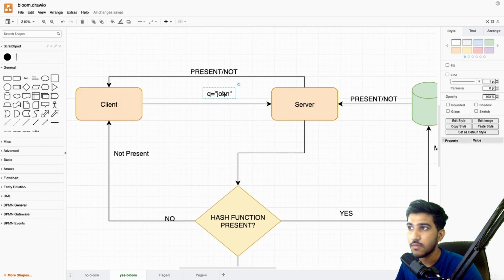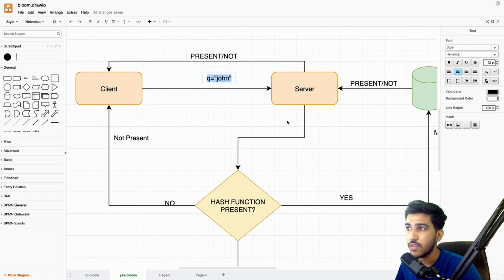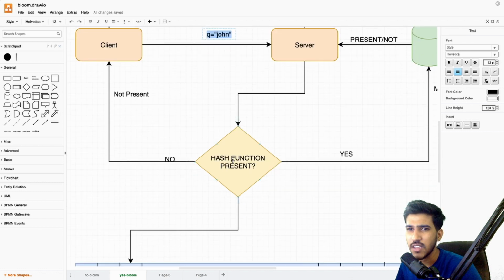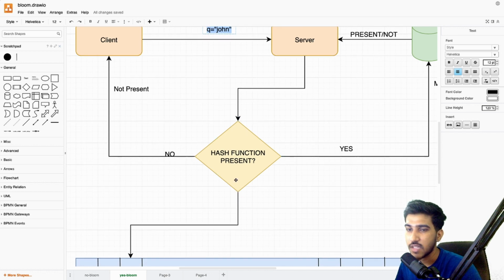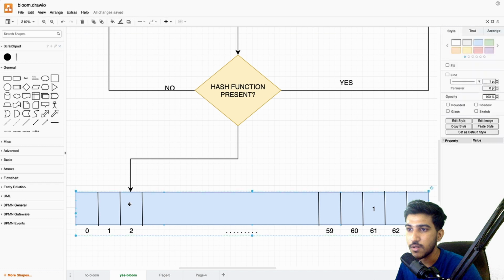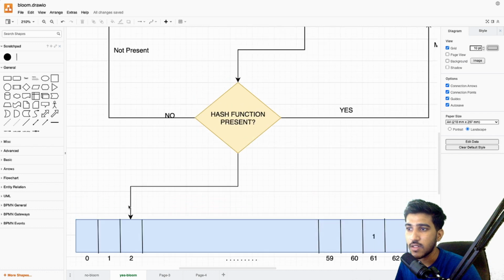Let's say instead of John we have Jane, and when we send that into the hash function, there is some probability that we will get the same number back. So when we get the same number back, we are setting the same bit here. So let's say the index is 2, so we are setting index number 2 here, but that is for Jane and not for John.